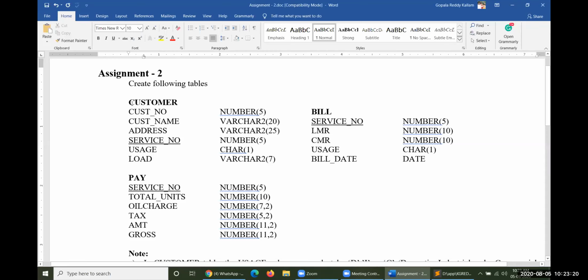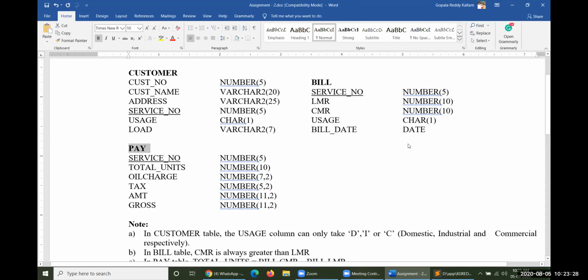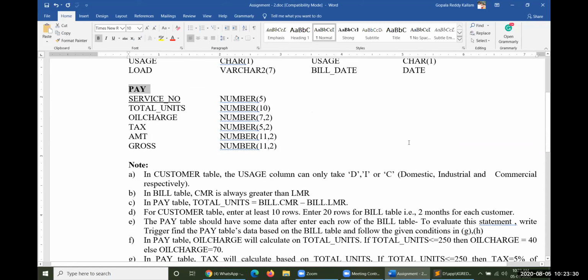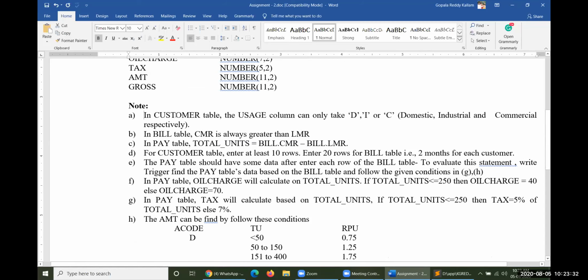There are a certain number of tables: customer table, bill table, and then pay table. So totally 3 different kinds of tables are available. In the customer table, these are the rules and regulations which we have to follow. I'd like to introduce a very important constraint here, that is a table-based constraint with this particular declaration. So look at this first constraint.